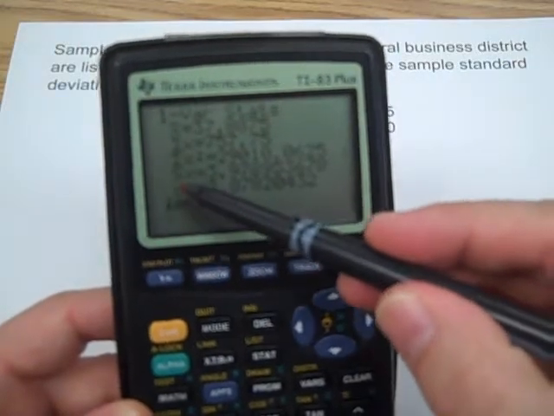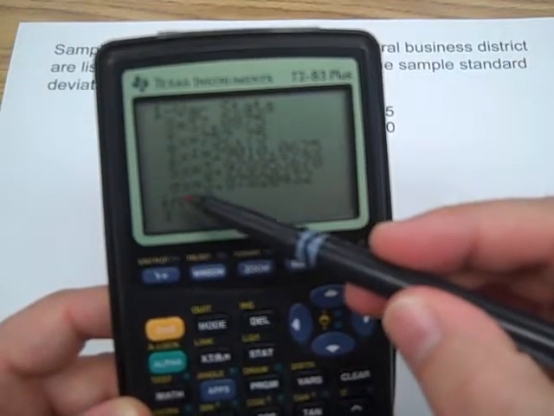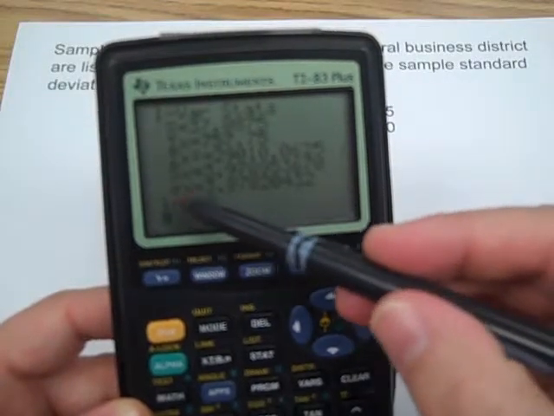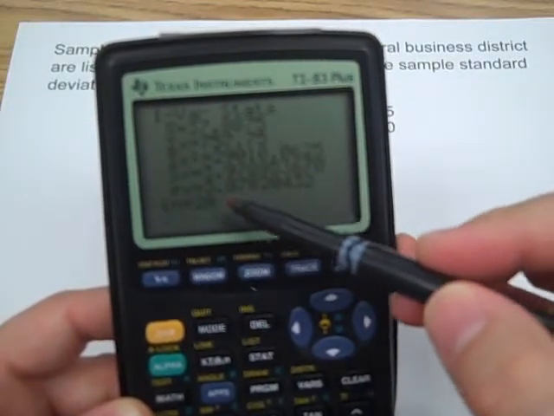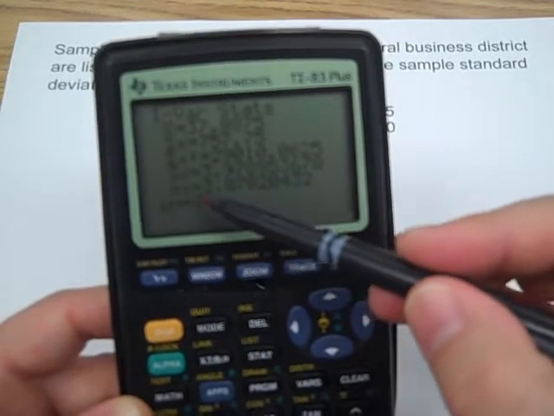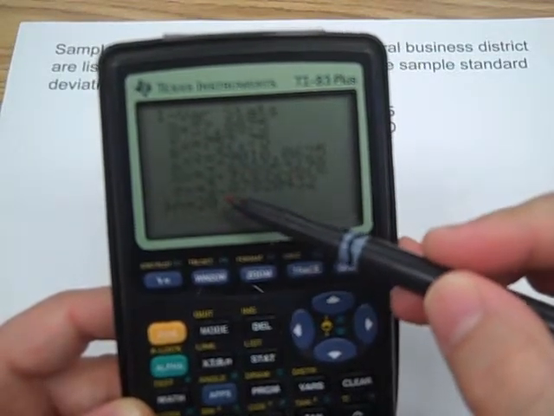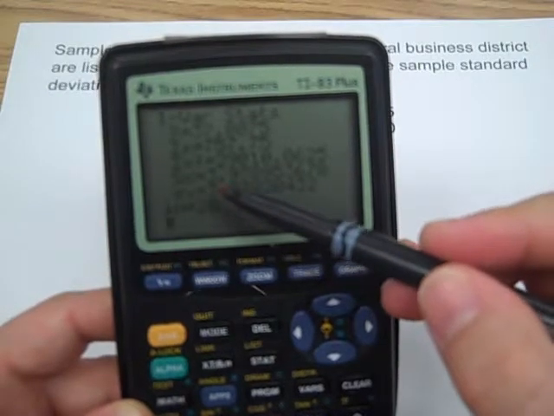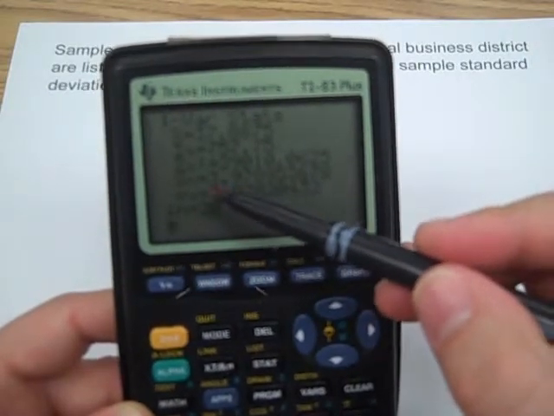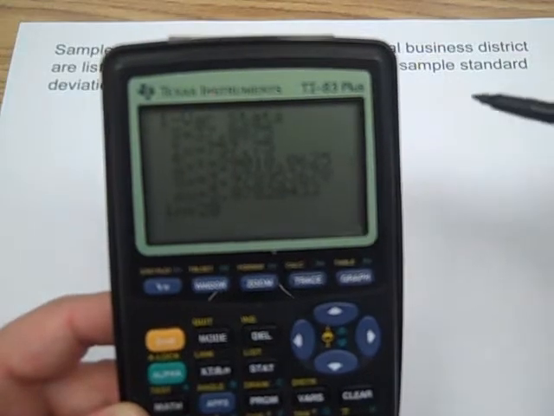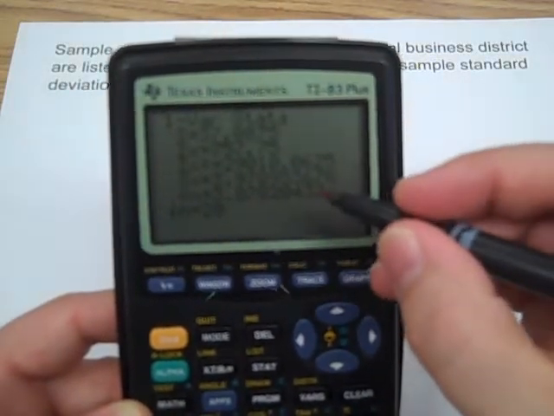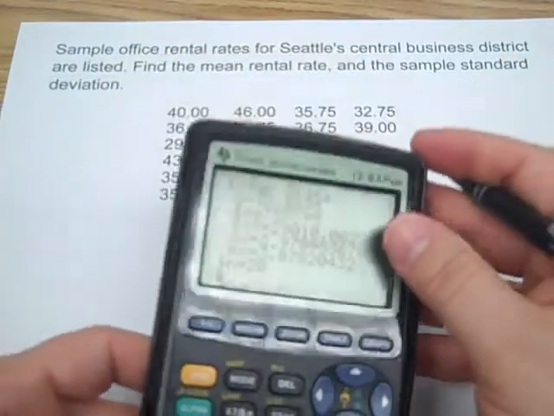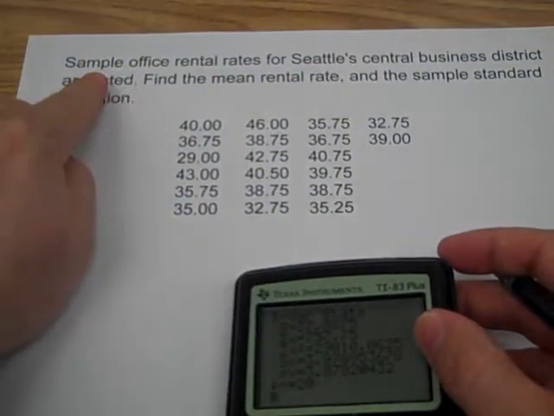Then I get Sx and I get sigma x. Those are my two standard deviations. You can see that sigma x is a little bit smaller than Sx. That's the population standard deviation, and Sx is the sample standard deviation. That happens because, again, in the formula, the calculator divided by a smaller number for Sx. So we have, as I said at the beginning, a sample